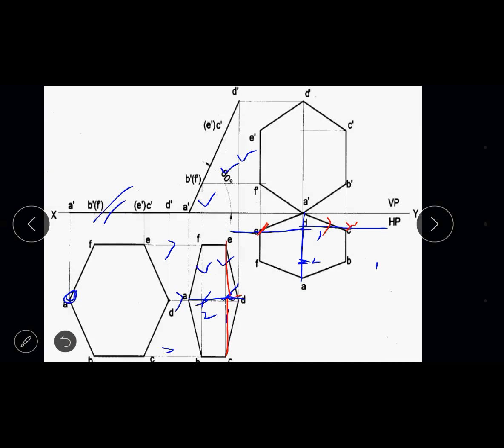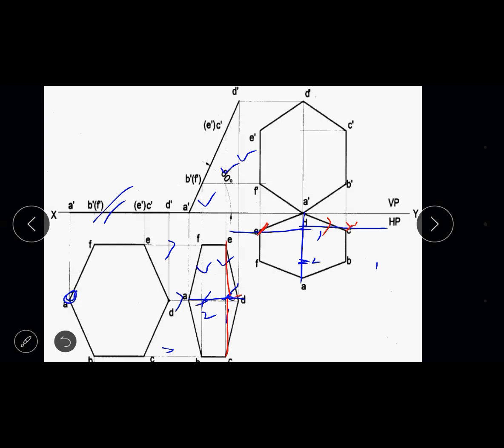Already we have two corners, corner D and corner A is already available. So we have drawn the vertical line DA, which gives you already two corners of the hexagon. So remaining four corners have to be found. So with the position 1, we got two corners, that is corner C and corner E of the hexagon. Now remaining another two corners, that is corner B and corner F, we have to find in a similar way. Then we'll go to the second top view of the second figure.